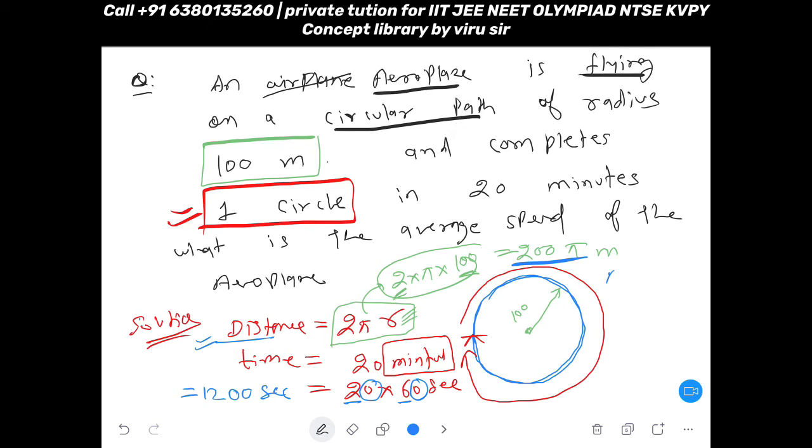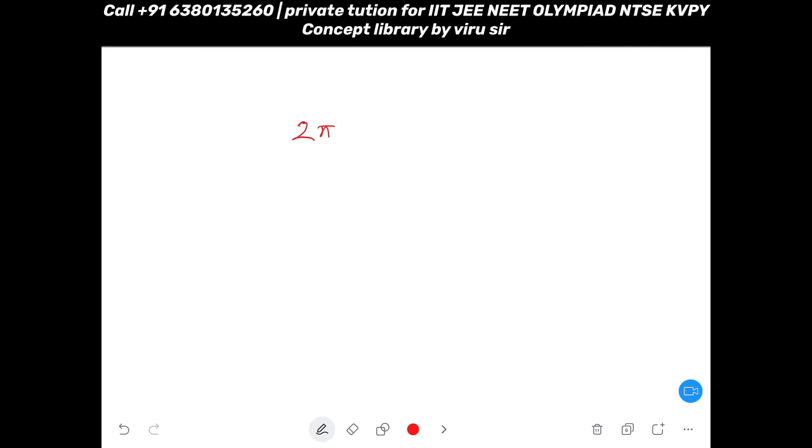Now see, if we have to find the average speed, then we have only one way. Total 200 pi meter divided by time taken. Time taken is 1200 second. Okay, so we can cancel these two zeros. So we got 2 pi divided by 12 meter per second. Now you see, this 2 and 12 you can also cancel. It will be 1 by 6, right? So you got pi by 6, because pi is remaining here. Let me change the page. Actually you are getting 2 pi by 12. Yes, ask.